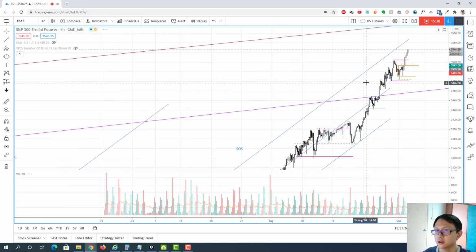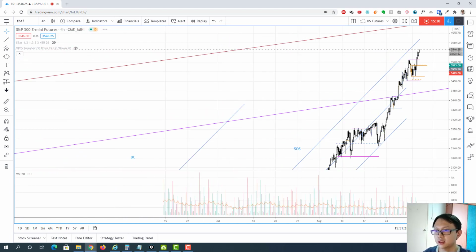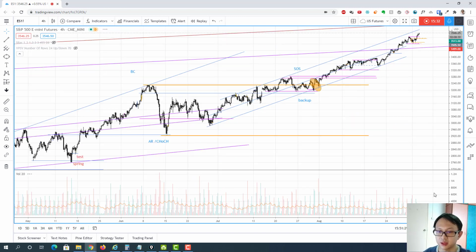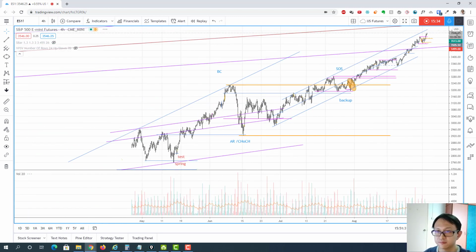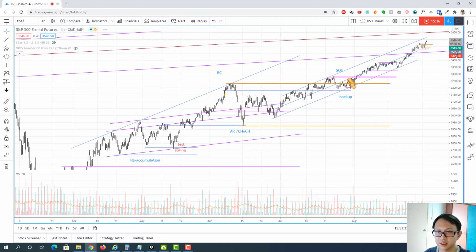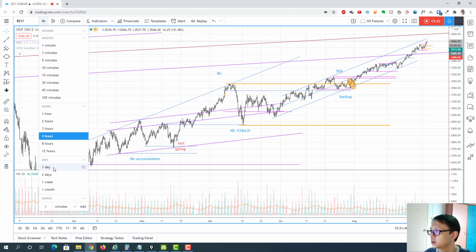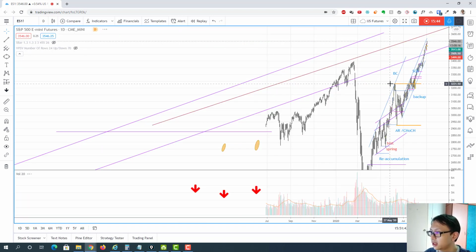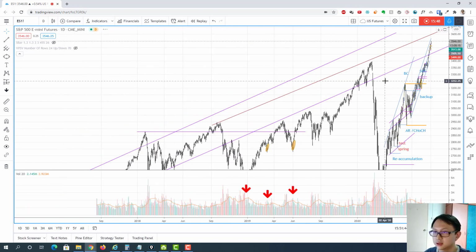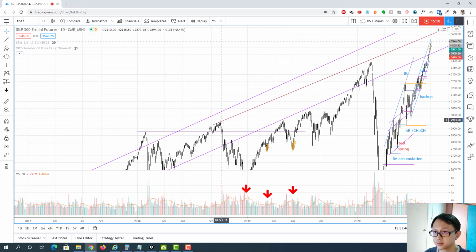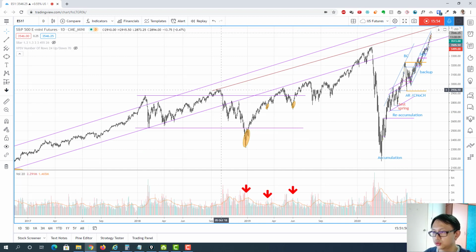Okay, so you can see that I do have another trend line above. So that is somewhere around close to 3600. So if I use a daily time frame, then I think you can see clearly how I draw this line. So pretty much I just connected these two swing high levels. Okay, so this is the first point that I connect. So this is the point at